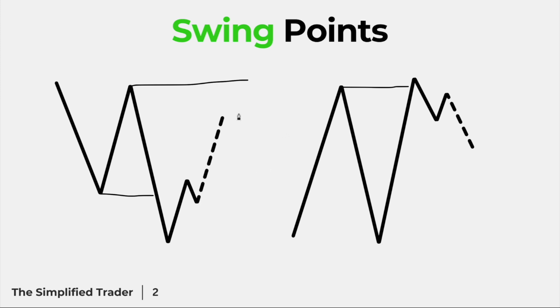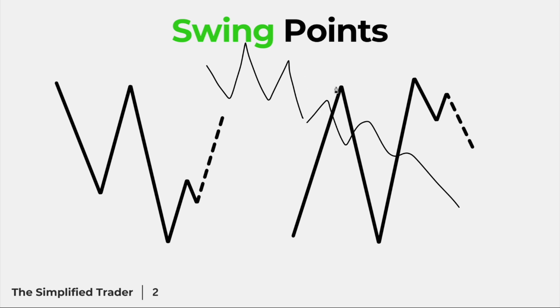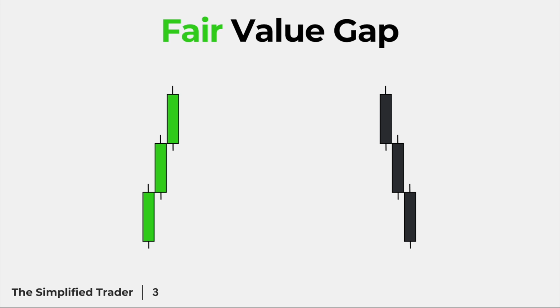And I know what you're thinking, this video isn't about reversals, and you are right. This video is about continuation. So what are we doing? We are waiting for the reversal to take place and then trading a continuation based on that reversal. So where can we wait for continuations to happen? We can wait for continuations to happen at swing highs and lows, like I mentioned on the previous clip, or